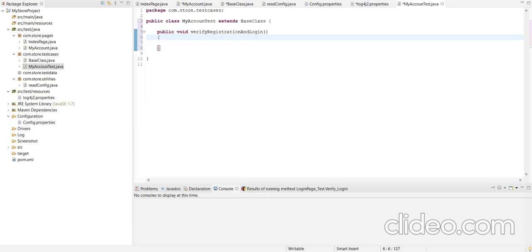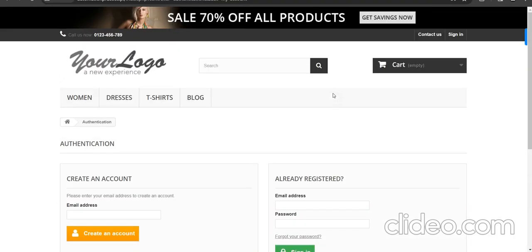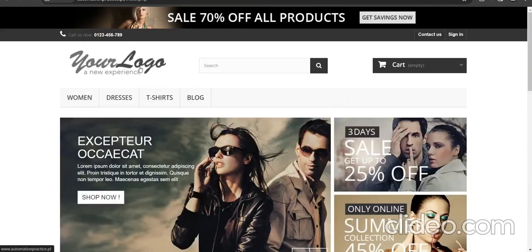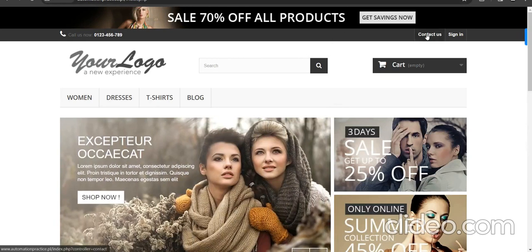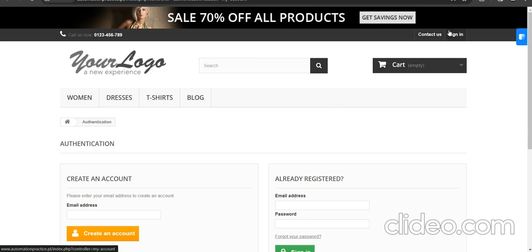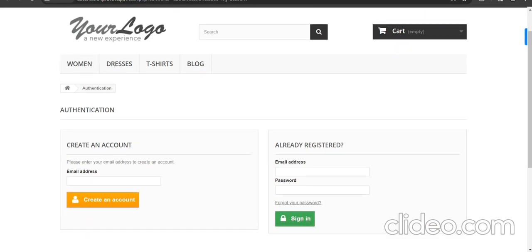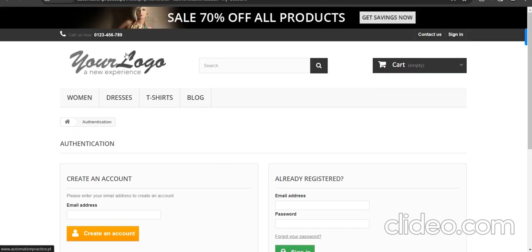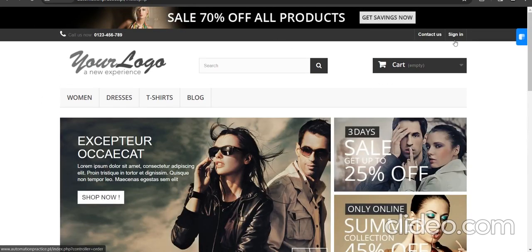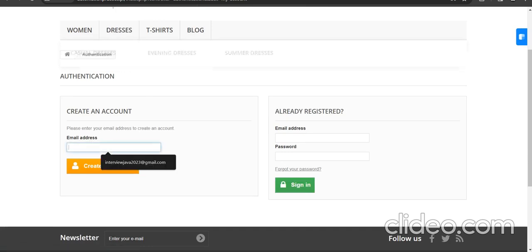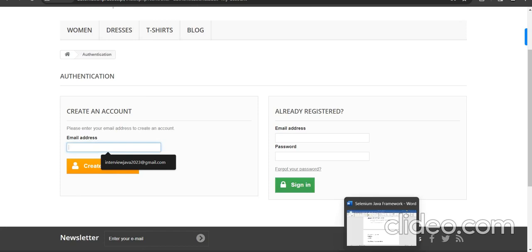In this test case, first we have to launch this URL, then click the sign in button, and then enter the email address. This will be our test case. First we have to launch the WebDriver, then click sign in, then enter the email address and then create an account.